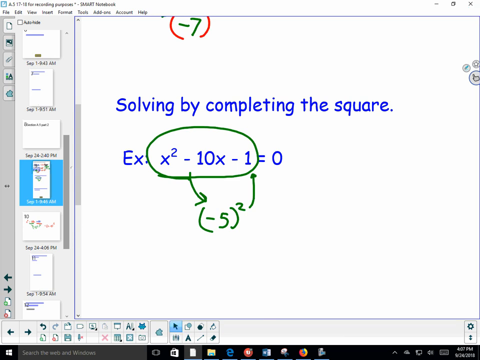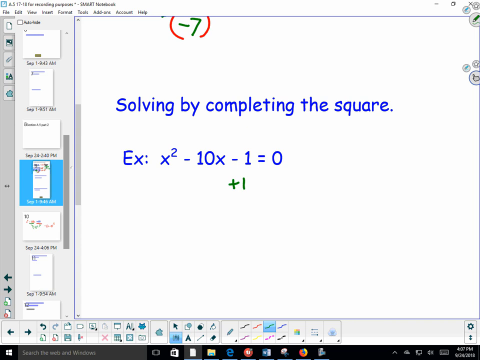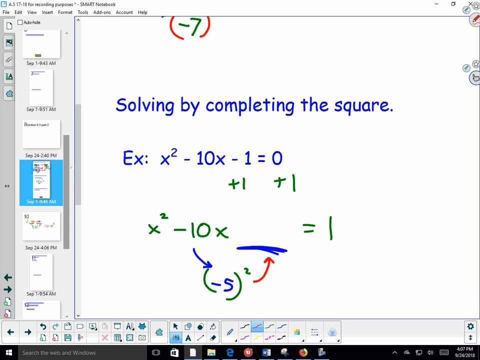So that's a little bit of a problem, but not too much of a problem, because all we're going to do is get rid of that minus 1 that's messing things up by adding 1 to both sides. So we're going to have x squared minus 10x equals 1. But notice I'm going to leave a little room here for me to add the constant term that's going to make a perfect square trinomial. So I'm going to take half of negative 10, which is negative 5, and I'm going to square that. And when I do that, I end up getting positive 25. So I have to add 25 here to make a PST,